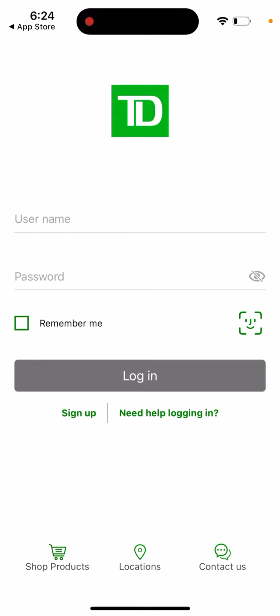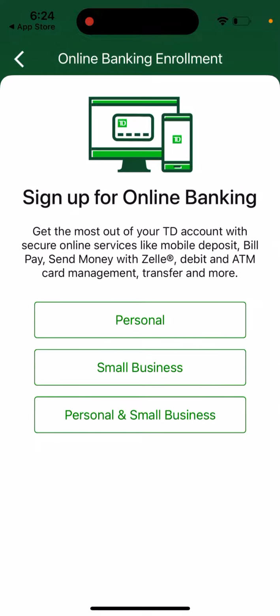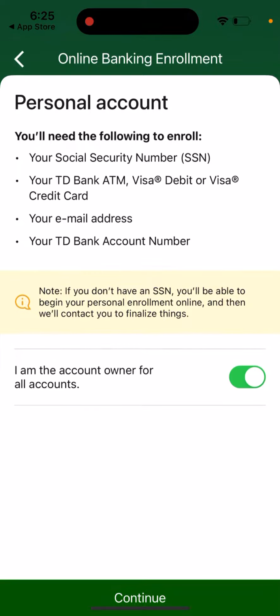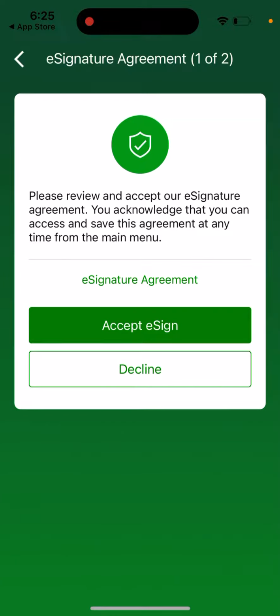Probably you already should have that created on your desktop, or you can just sign up for online banking, get the most of your TD account with secure online services. So then you just select what is your account, and then you need the following to enroll: SSN, TD Bank ATM card, email address, TD Bank account number. So 4 things you need to have, and then